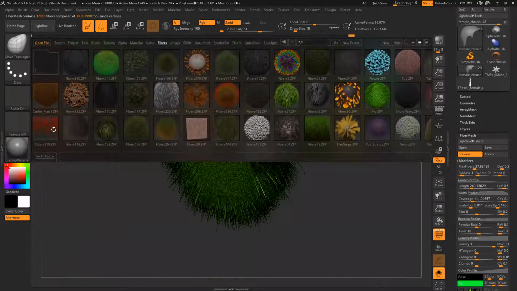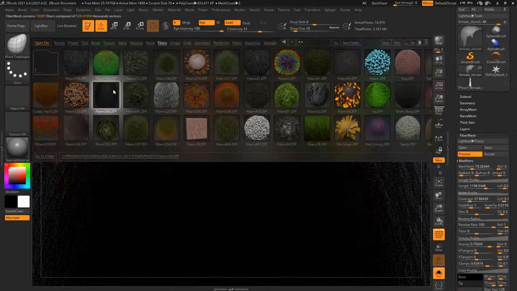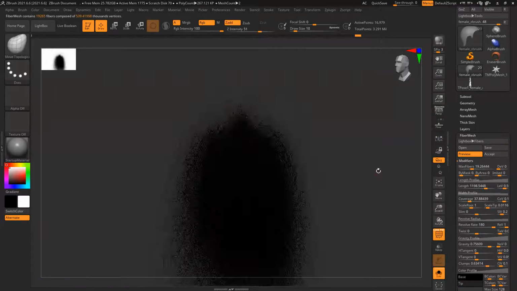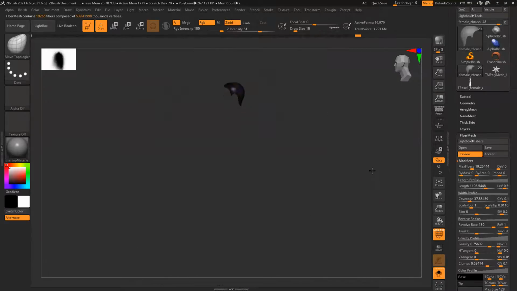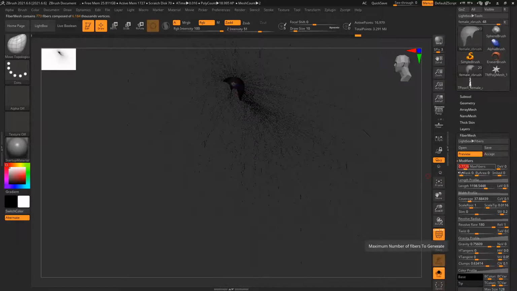There's so many options are there, so I can use any one of them. So here I can see the density and length is way too much. So length reduce. Number of fibers also I have to reduce. Length, reduce it.